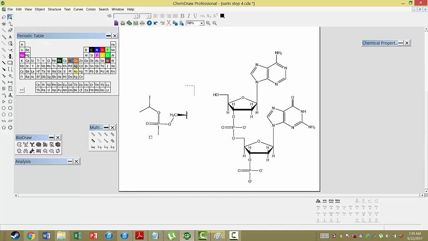I've kind of illustrated this here. So I've just rearranged the atoms a little bit. I'm going to compare it to this molecule, which you may recognize as DNA. These are the nucleotides, and they're linked by a phosphodiester bond. Let's just compare this real quick. Not quite the same, but pretty similar.